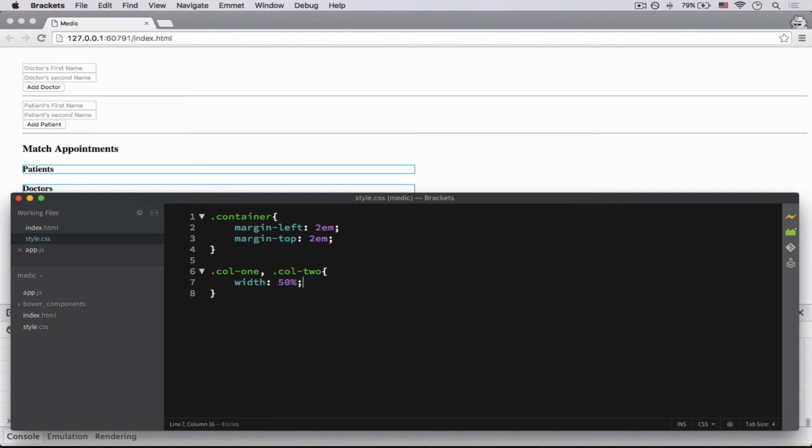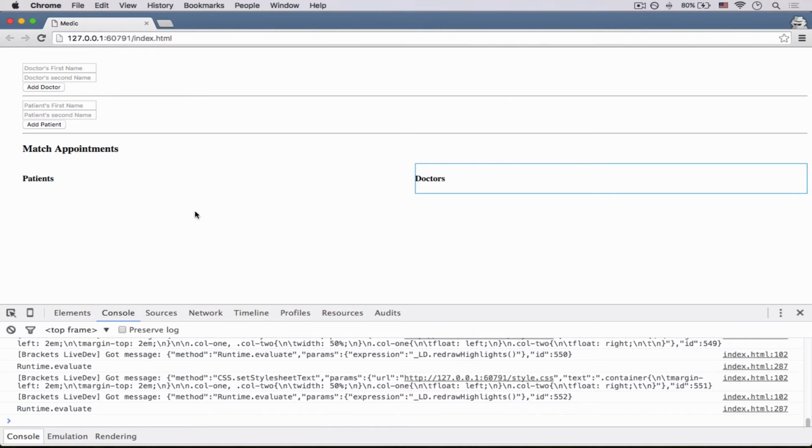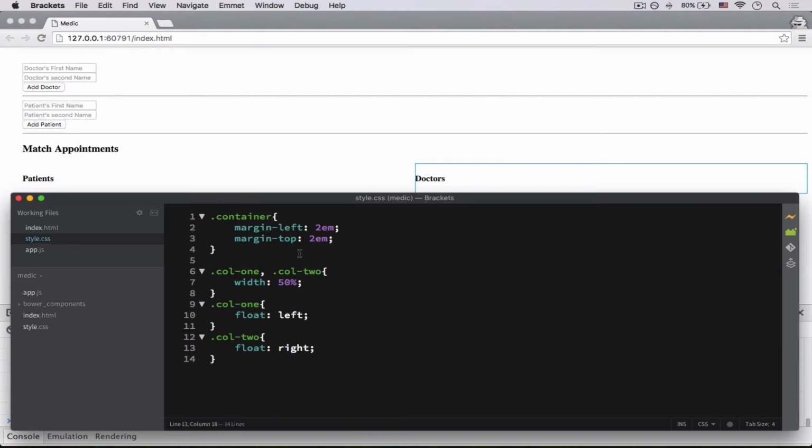Okay, and what we'll do is we'll have col 1 floated to the left and col 2 floated to the right. Okay, and just to be safe, we'll prevent this from coming down. Okay,